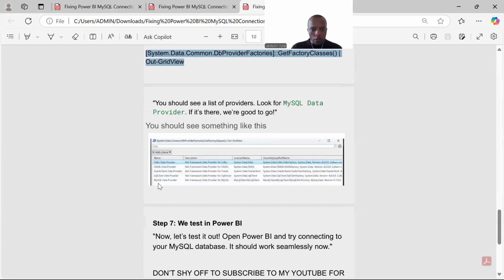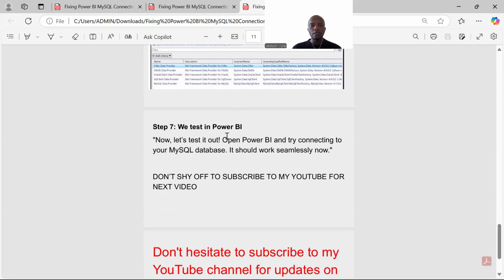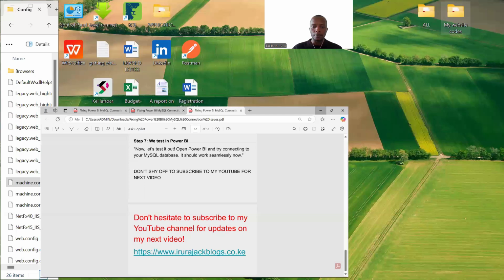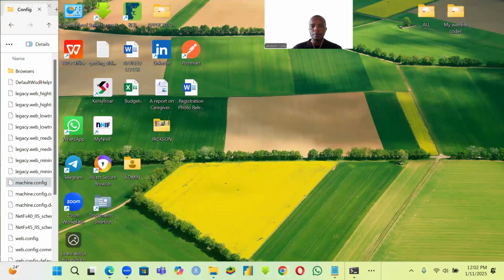So you have seen that this MySQL data provider is added in your PowerShell. We test in Power BI. Now let's test it out. Open Power BI and try connecting to your MySQL database. It should work seamlessly now. So when you open your Power BI after you have done that,